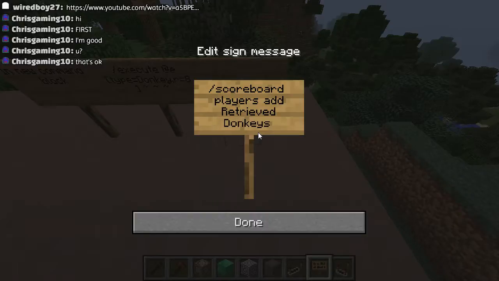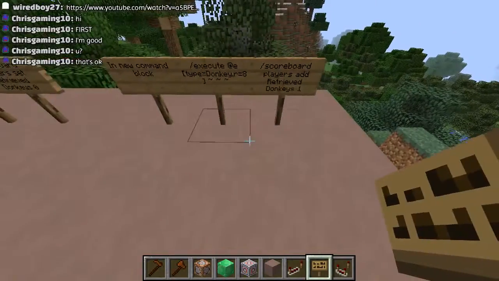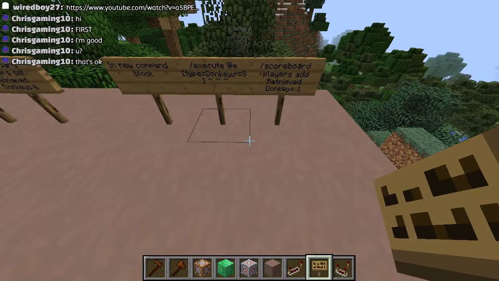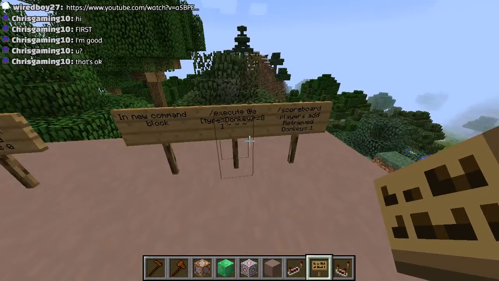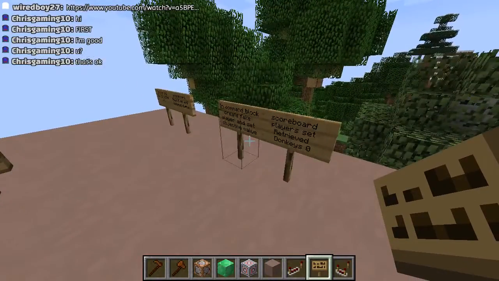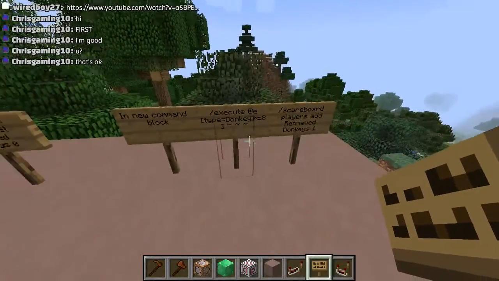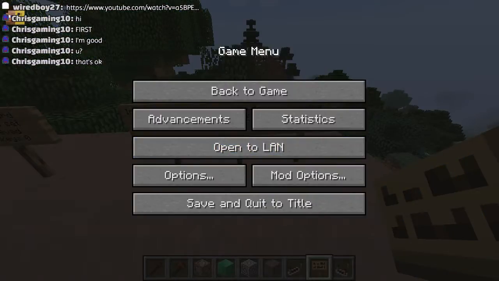I think that might be it. Yeah, I don't need to obviously put the first slash in there. I don't know what the rules are with when you have to put the slashes in. And what that should do now